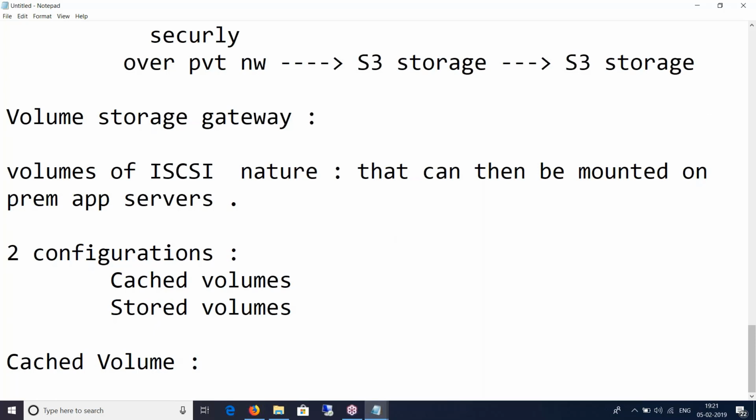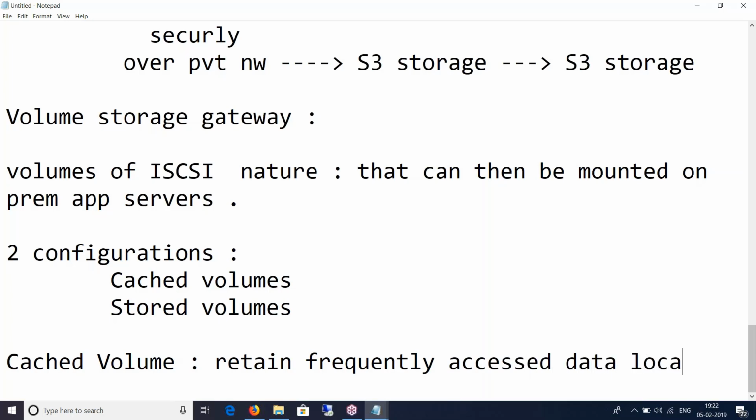With cached volume, you store your entire data into S3. However, before storing that, you retain frequently accessed data locally. So that will clearly increase the performance, isn't it?